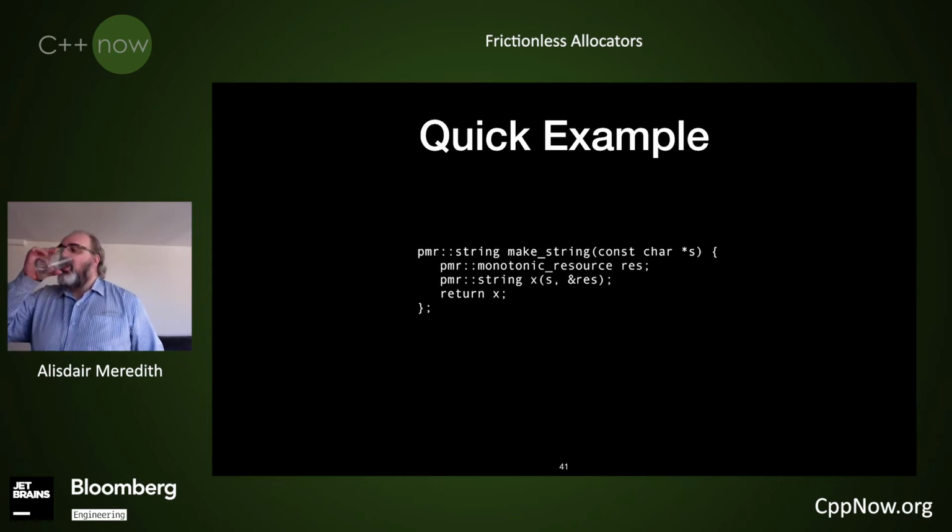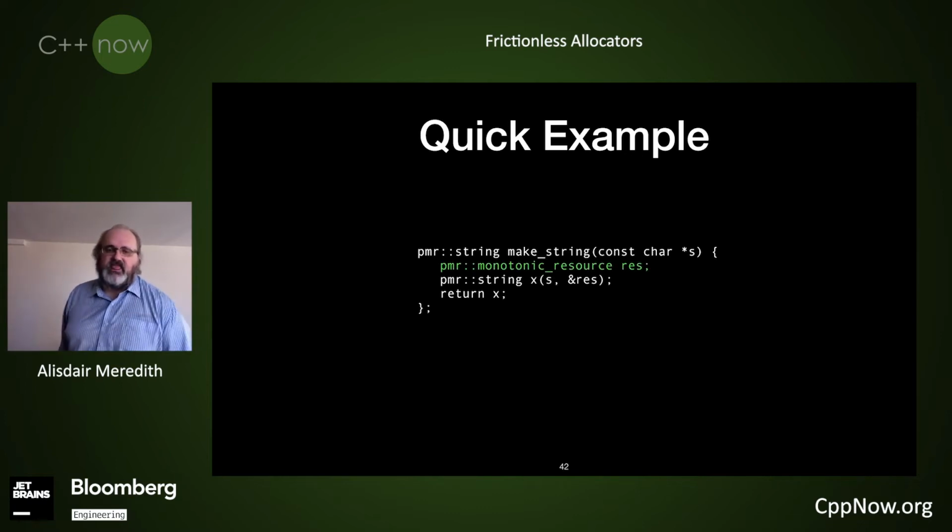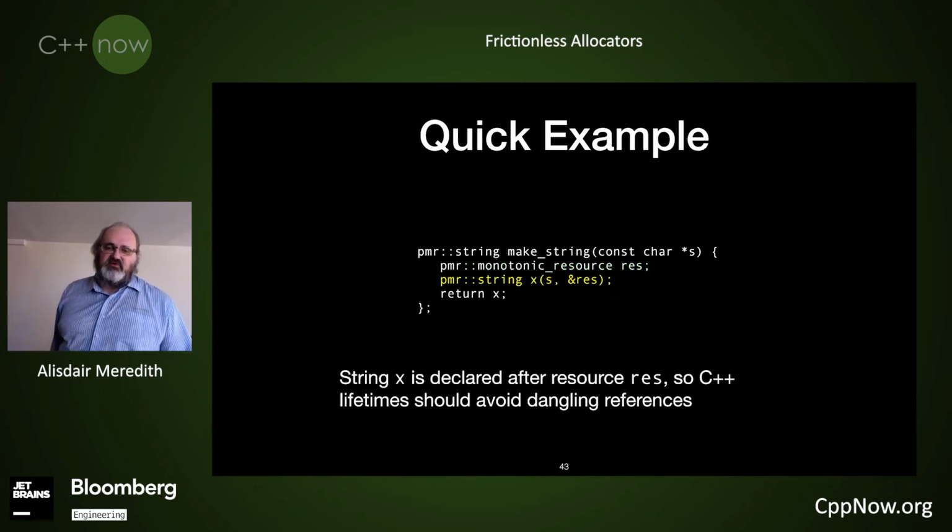Let's start a very quick example. We've got a simple factory function. We're going to try and make a string. So as I said, the idiom is, first of all, we create the resource, the monotonic resource. This is a really poor monotonic resource. I've not actually given it a buffer to hold, so a bad example. But assume I've got an array that this monotonic resource is now going to hold the string in. I create the string after the resource so that I need to refer to the resource, but it also means that when I exit the function, the string cleans up and there's nothing left that's got a reference back to the resource res.